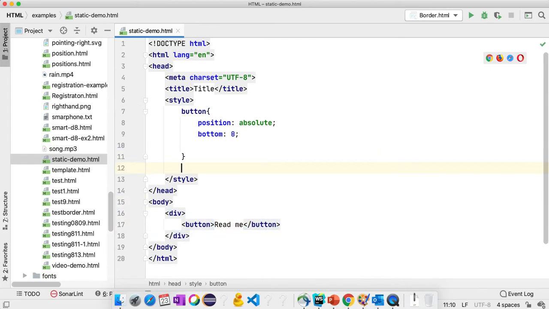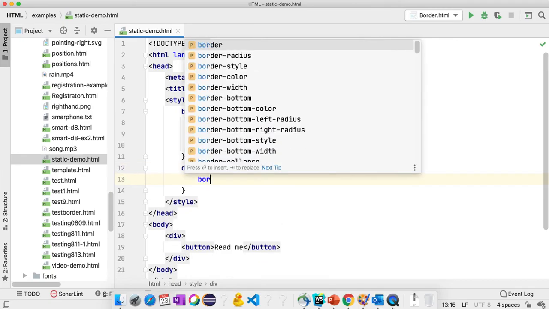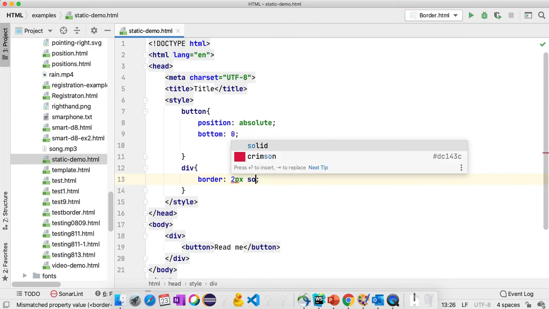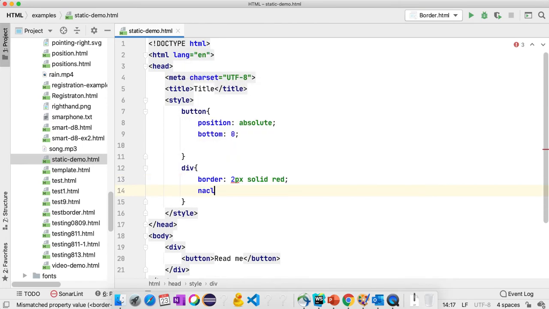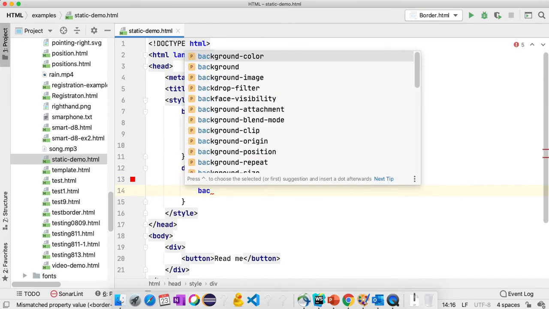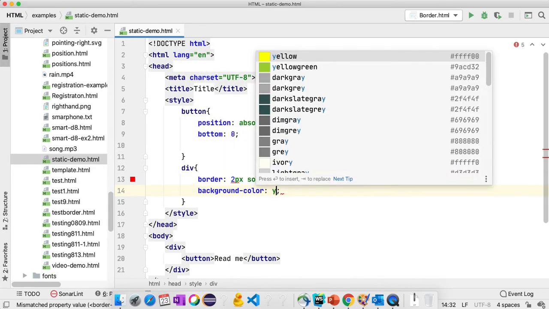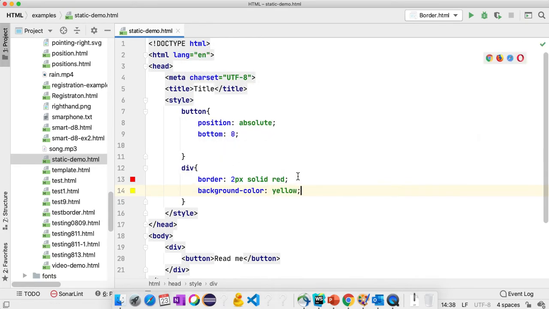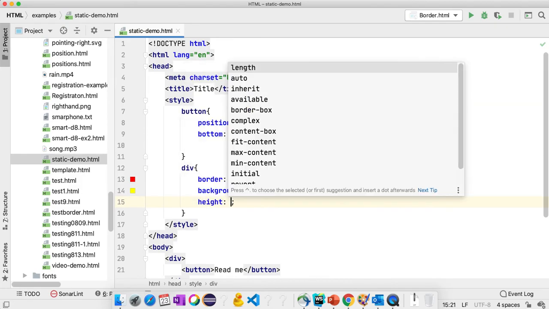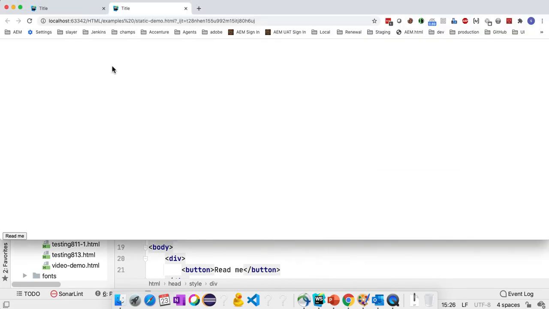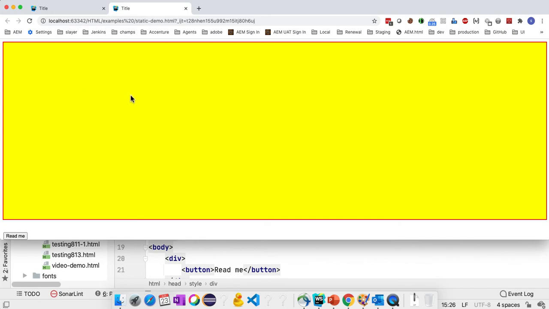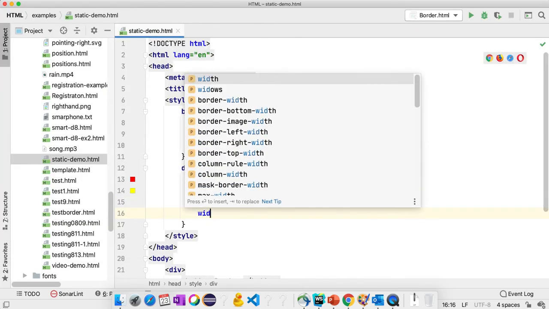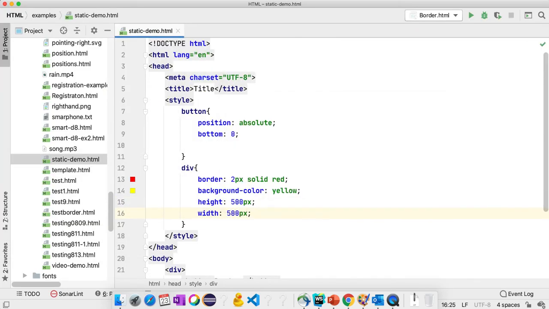So let's try to apply some styles for the div, which means I'm applying border 2 pixel solid red, and then we will apply some background color, your favorite color, background color yellow. Alright, save this, and here I'm giving height as 500 pixels. Save this, refresh. Let me put width 500 pixels. Okay, so we have a div element and we have the readme button.